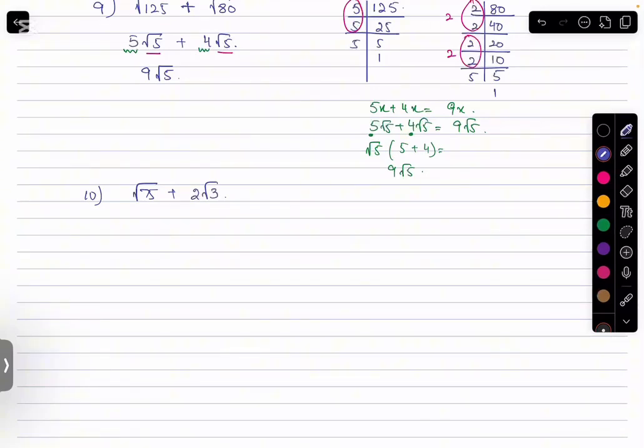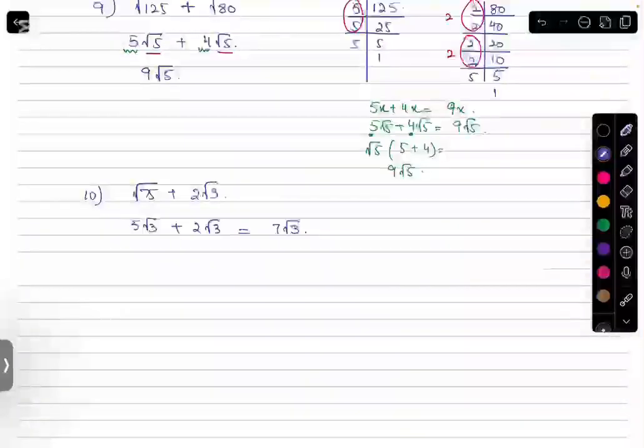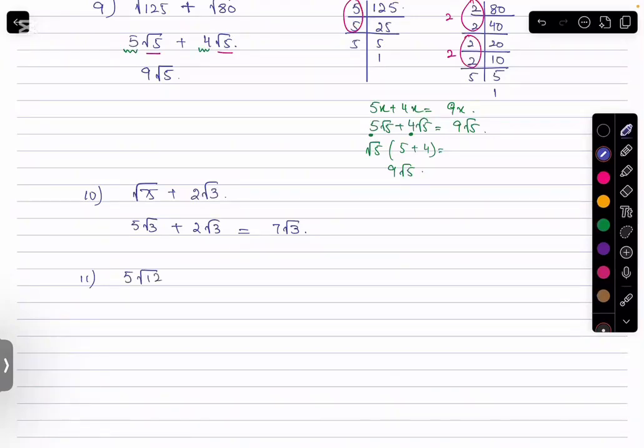The multiples of 75 are 3, 5, and 5, so we can break it into 5 under root 3. Yes, so this becomes a 5 root 3 and then this becomes a 2 root 3. So what is your answer? 7 root 3. Okay, so was it difficult? No. चलो, अब terms हम थोड़े से ज़्यादा कर लेते हैं,